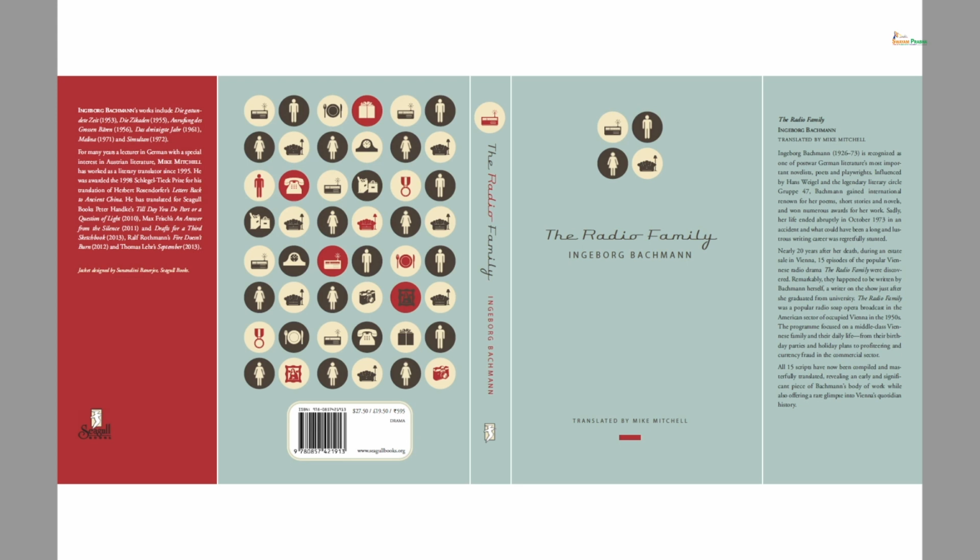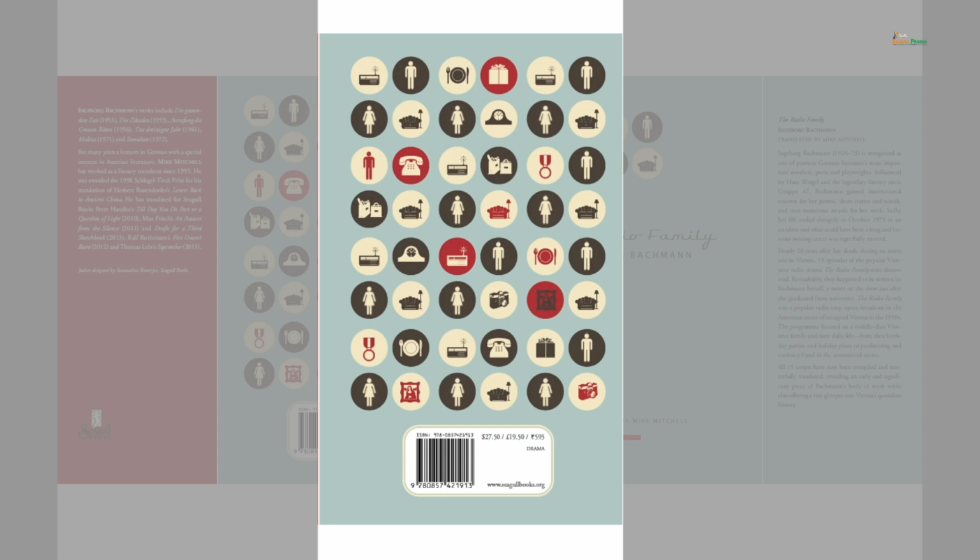Some of these are also available, in fact, in your computers in a typeface called Wingdings. When you have finished listening to this lecture, you can go back and look at your computers. So I have just pulled out little icons from each play. If you are looking at the back cover, you'll notice there's a man, there's a woman, there's a clock, there's a sofa, there's a radio itself, there is food, there are paintings, photographs, all kinds of little motifs